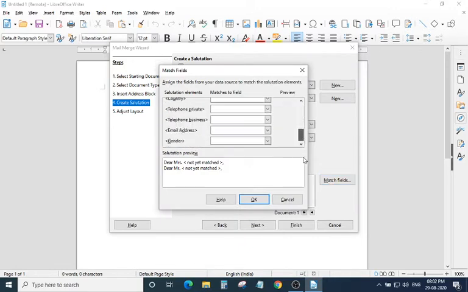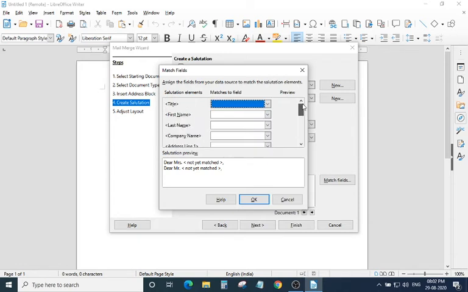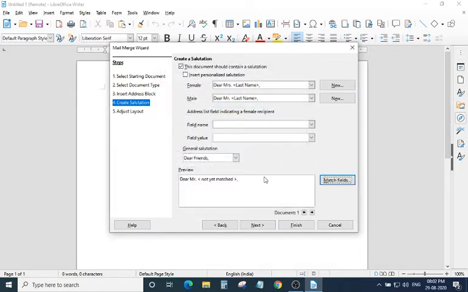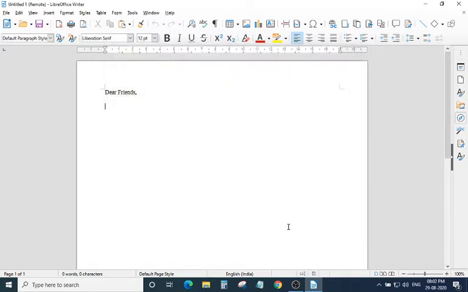Suppose I want to choose these options, I will choose not required. Just click on next. Then see, as you can see here, dear friend. Then click on next, next. Then click on finish.